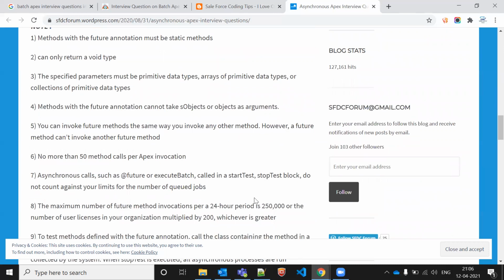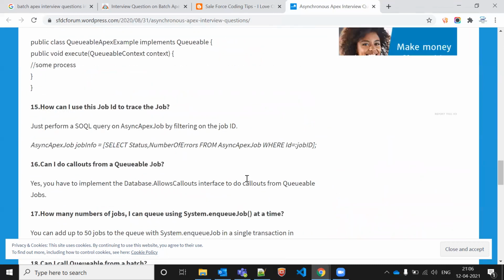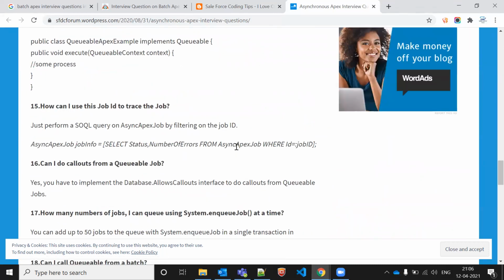This is a very important question. Trigger is also important, but batch Apex is very important in asynchronous processing. I will tell you what you should learn and where to spend your time. First batch Apex, second trigger, third future method, and fourth scheduler class.